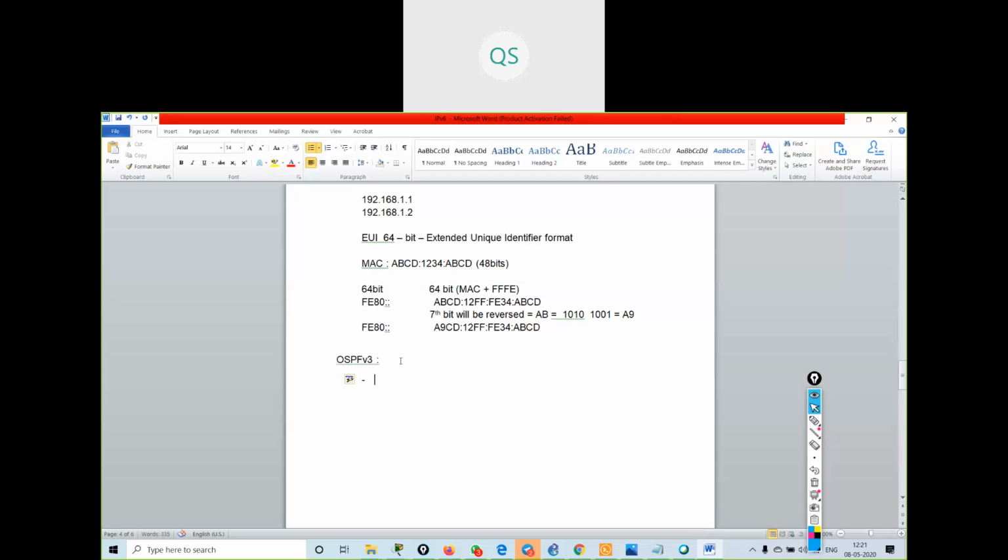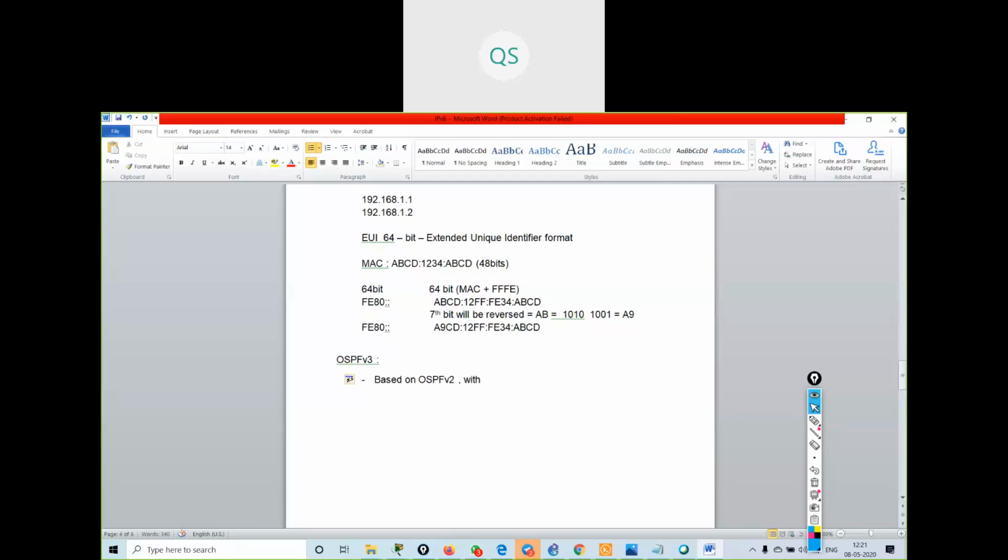Now, what are the similarities and add-ons in OSPF for IPv6 and IPv4? It is based on OSPF version 2 only.